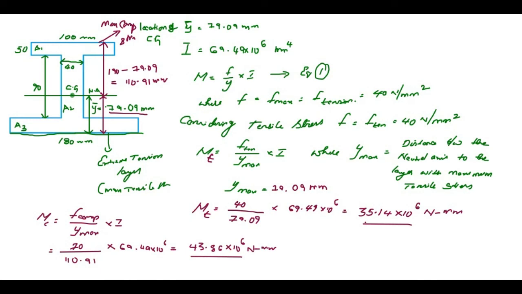See, if in one case, the maximum moment of resistance or resisting moment generated by the beam is 35 into 10 to the power of 6, and in the second case, it is 43.86, what is the value that you need to consider? You don't need to consider both these values. Only one is sufficient. So, which one do you consider? Here, we are saying it is 35.14, and here 43.86 in 10 to the power of 6. So consider the least value, which is equal to 35.14.